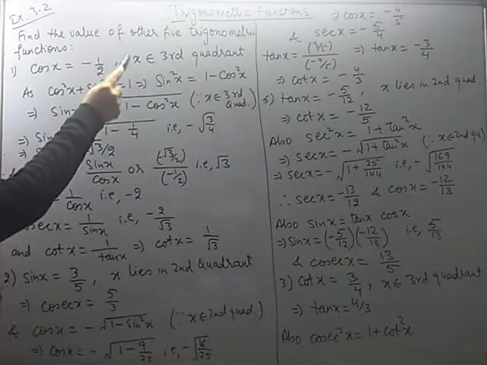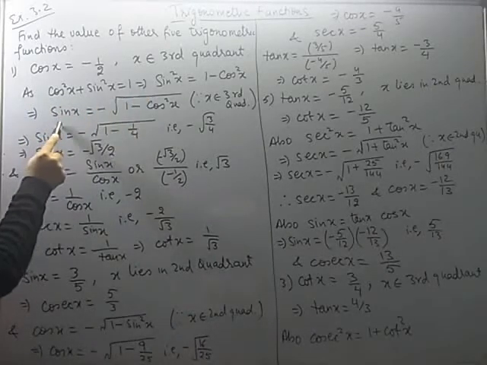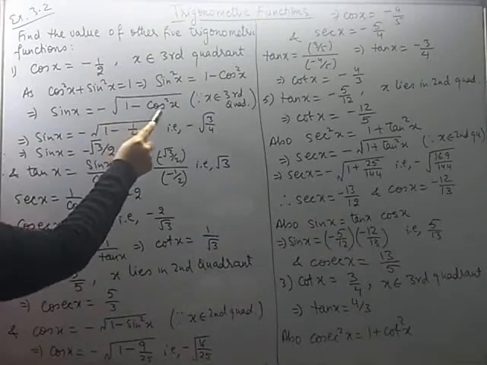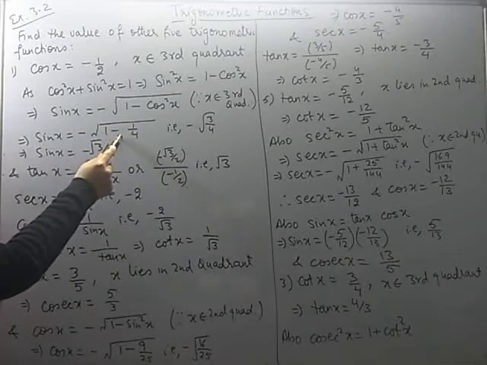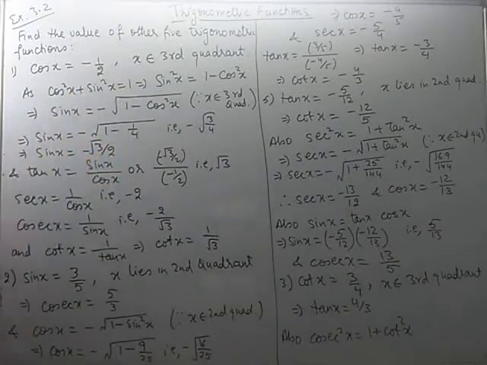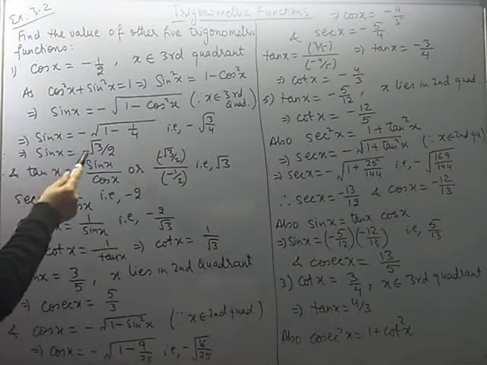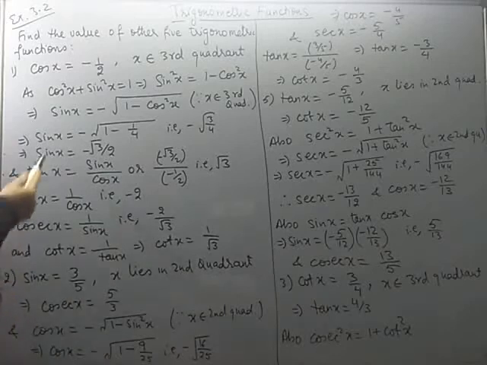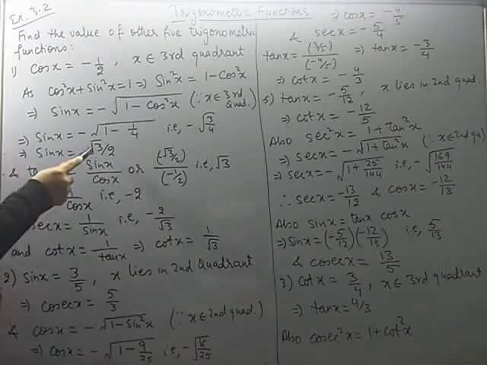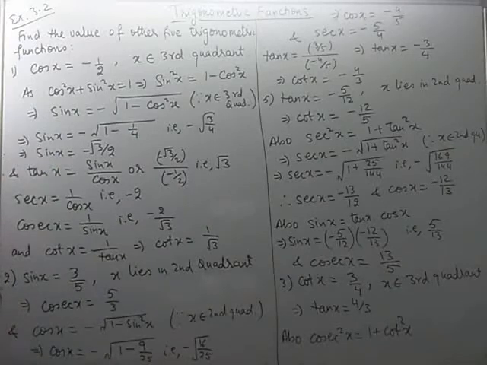So we know x is an angle of the third quadrant and sin x in the third quadrant is negative. So when we write sin x here, it will be minus of square root of 1 minus cos square x. That comes out to be minus of square root of 1 minus square of minus 1 by 2, which is 1 by 4. If you simplify this under the square root, we get 3 by 4, and square root of that will be root 3 over 2 because 4 is a perfect square. So you can see sin x is coming out to be minus square root of 3 divided by 2. The numerator is not a perfect square, so it remains under the square root. 4 is a perfect square, you can evaluate that.